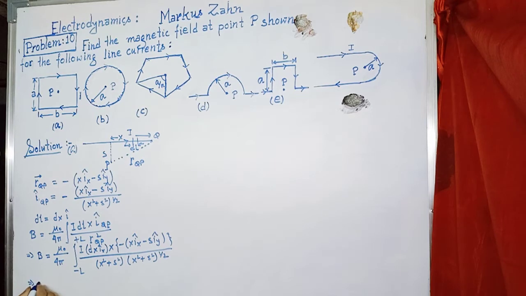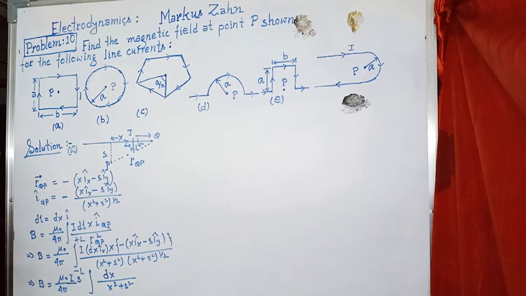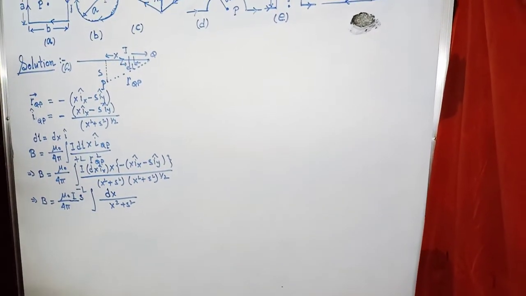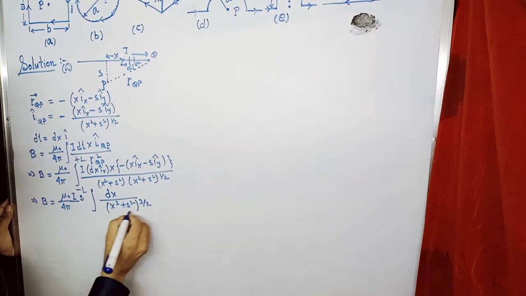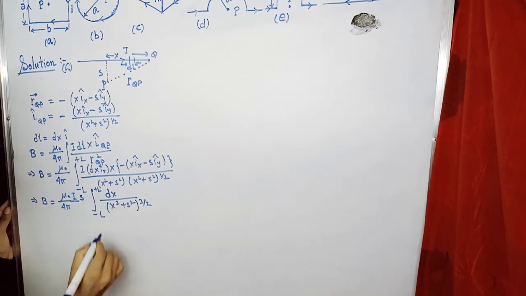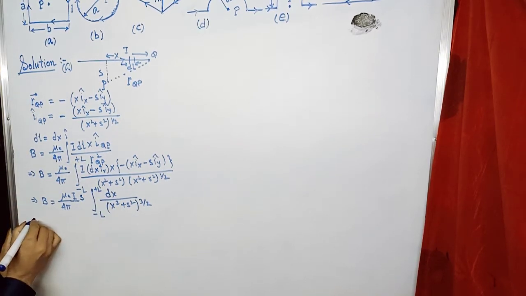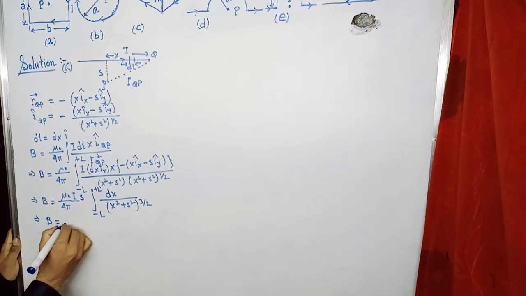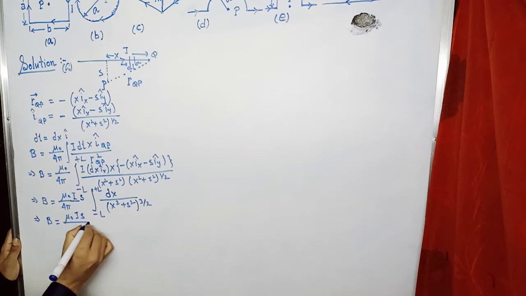Therefore we can find the value of magnetic field B will be equal to mu naught divided by 4 pi, there is I, and if we carry out this cross product there will be S in the numerator, and again there is dx divided by x square plus s square whole to the power 3 by 2, with lower limit equal to minus L and upper limit equal to plus L. So if we carry out this integral, then its value will be equal to mu naught I s divided by 4 pi